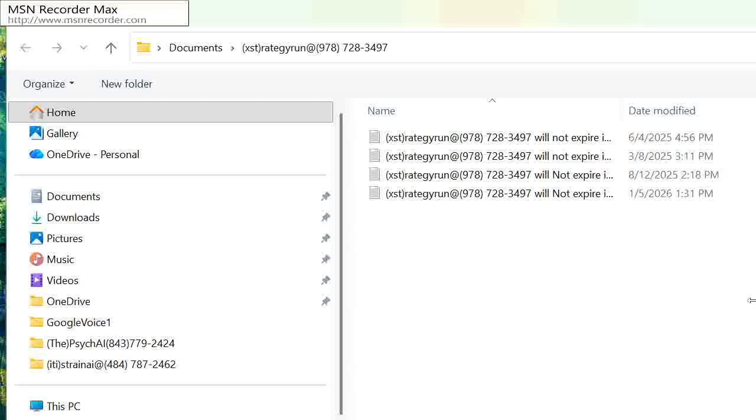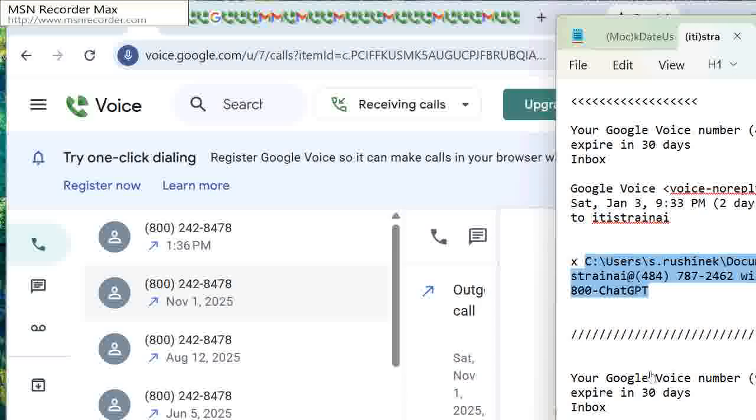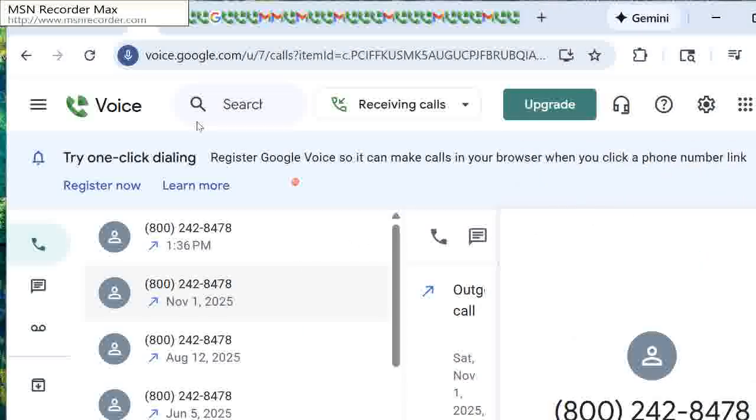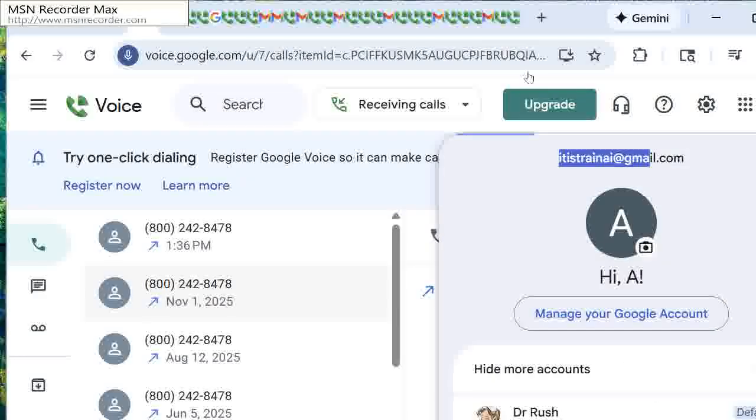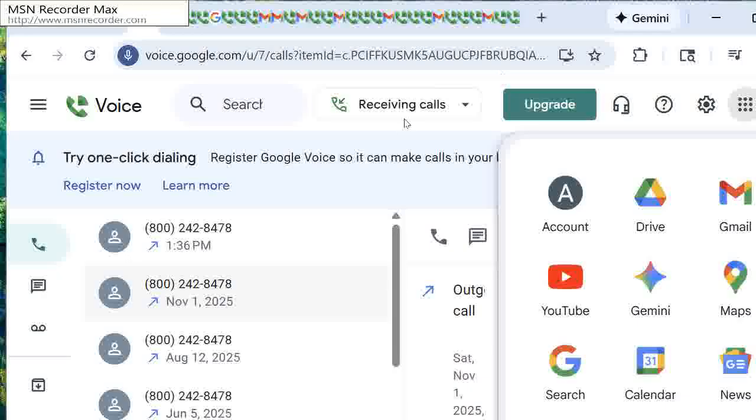Yeah, so I click the save button and saved it, and then I marked an X in front of it. Then I navigate back to the browser, and I'm going to try to navigate to the Google Cloud, which is Google Drive,